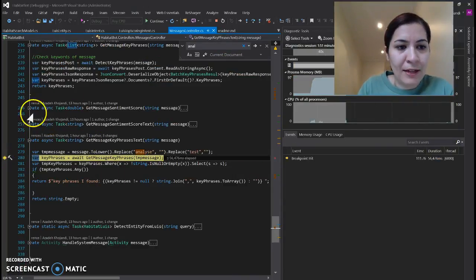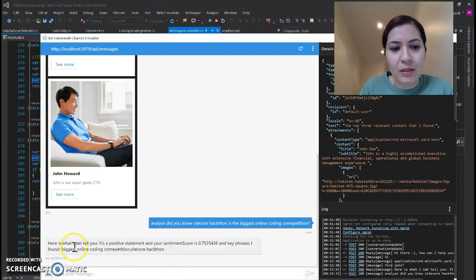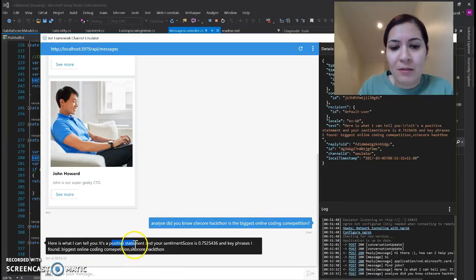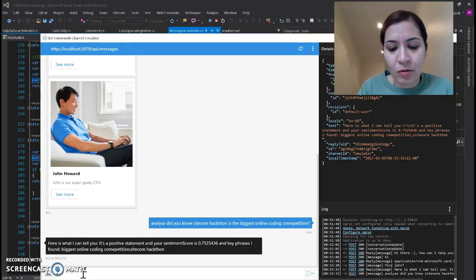It tries to analyze and find the key phrases because we asked it to analyze. So it's a positive statement, the rate of positiveness is 0.75, which is absolutely positive, and the key phrases are biggest online coding competition and Sitecore hackathon. So you can see that you can ask the machine, we just want to showcase how it works. So if I say analyze